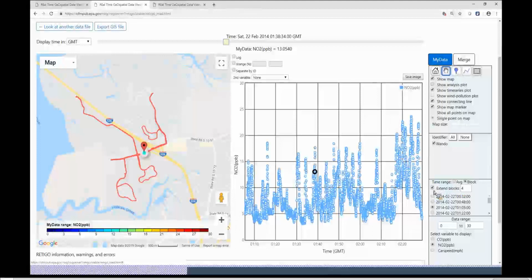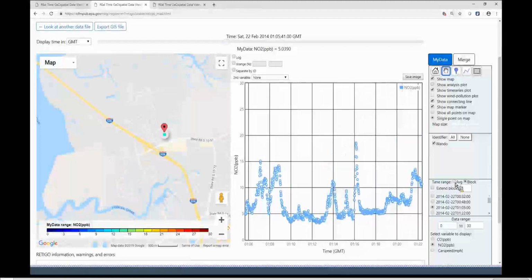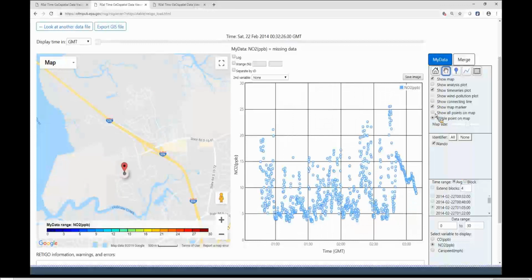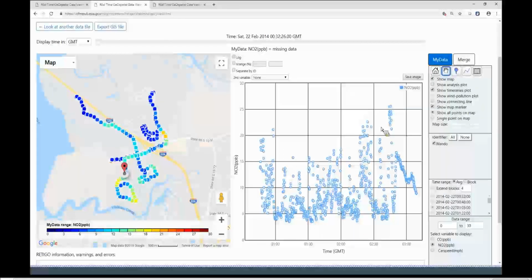I'm going to go ahead and turn that off and go back to average mode, and then I can just reselect show all points on the map to get back to the view that we were looking at before. Okay,